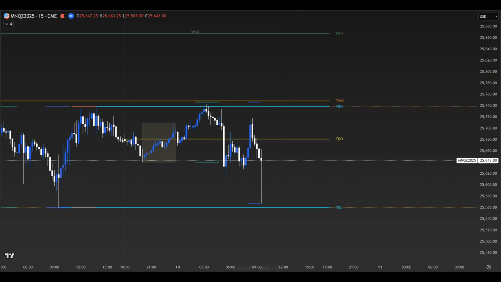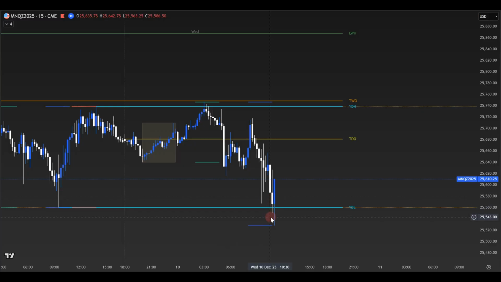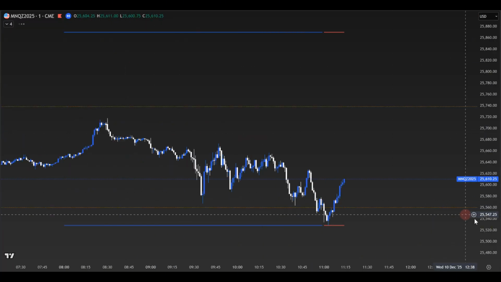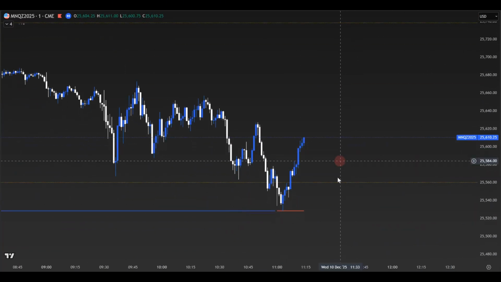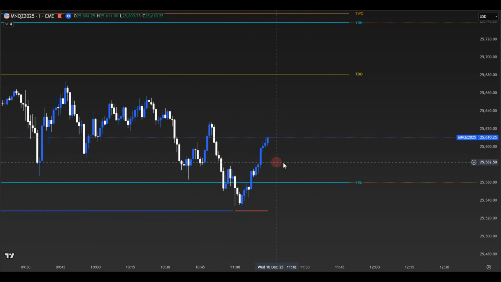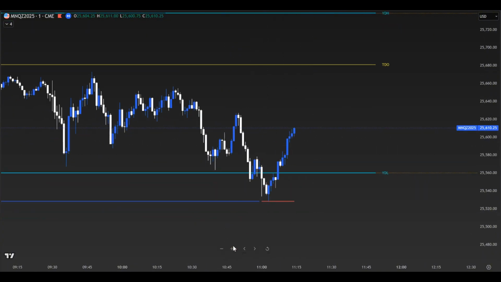So if we move price forward, we can see that price does chop around a bit until right there. We take out the daily low, and then immediately see a very strong push back to the upside. Now when we sweep liquidity, I'm going to go down to my 1-minute time frame, which is my entry time frame, and I'm going to look for price to give me those signals. So the first thing that we're going to see